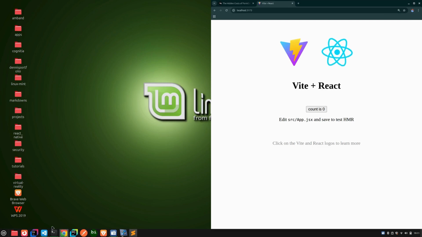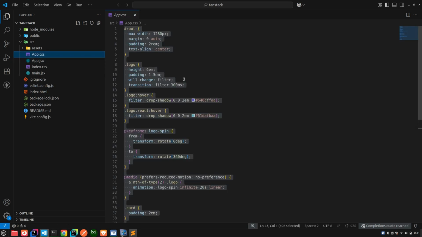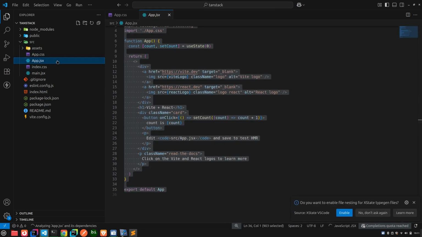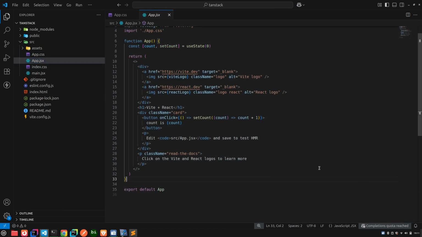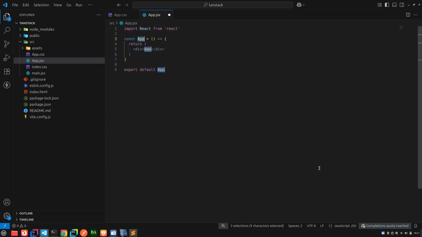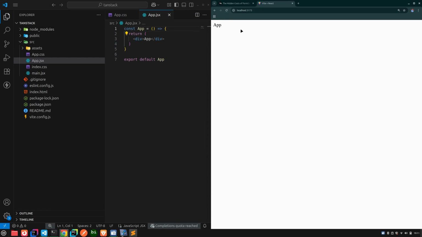So I'm now coming to App.css and I just clear everything. These things are useless, let me just clear them. Then from App.jsx, I'm going to clear everything. Then I'm going to use rafce to automatically render our new component. So let me just clear everything to make sure that we are working with a fresh folder. So if I run, I see App. So we have already